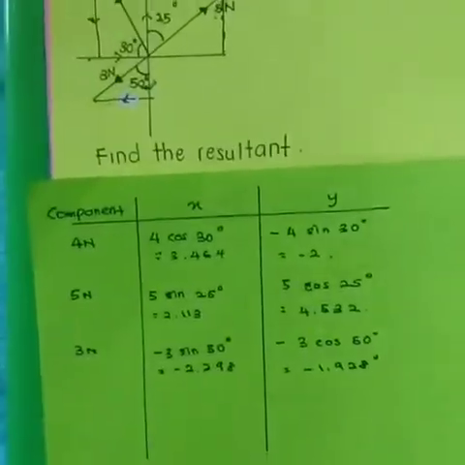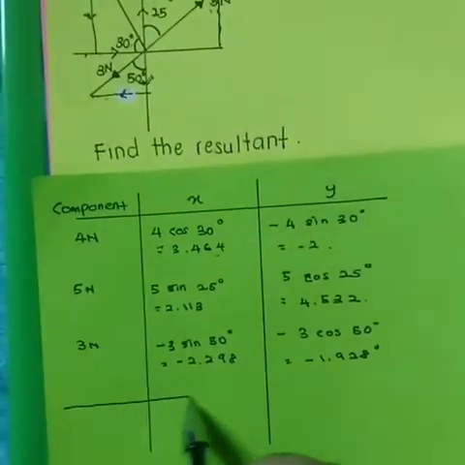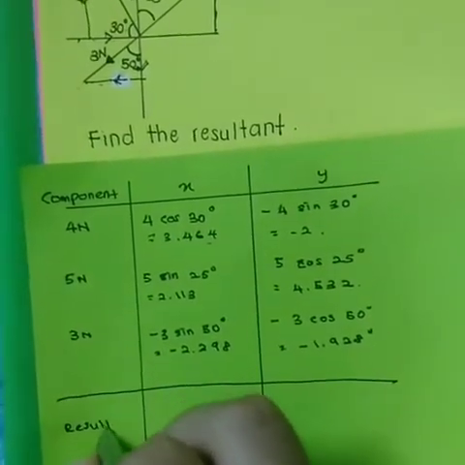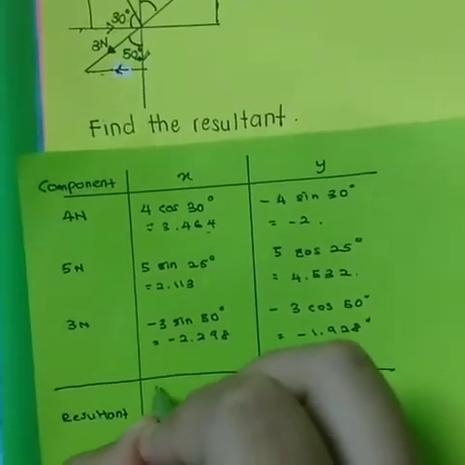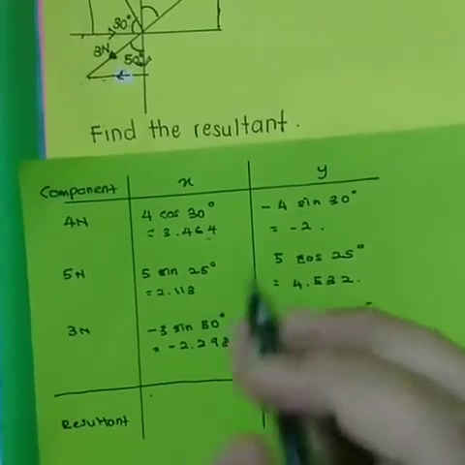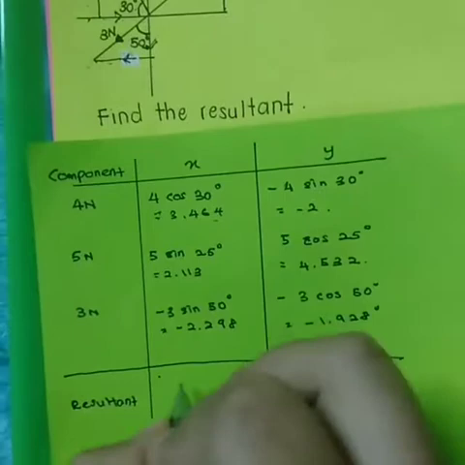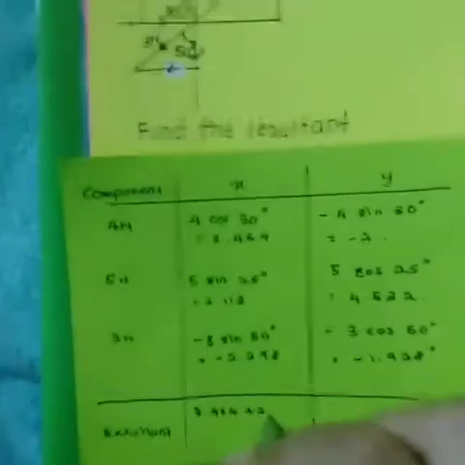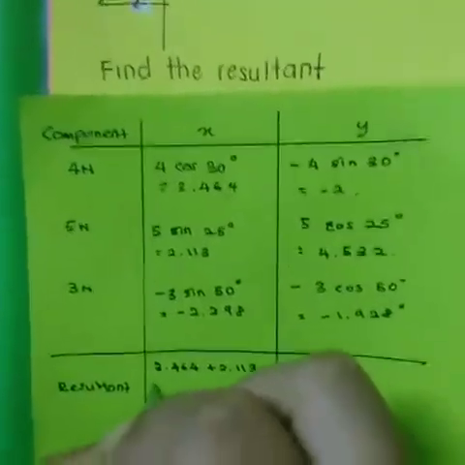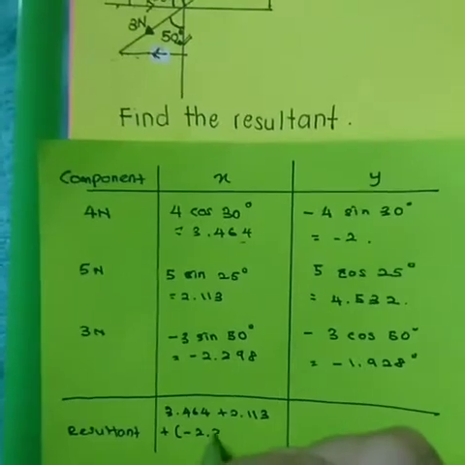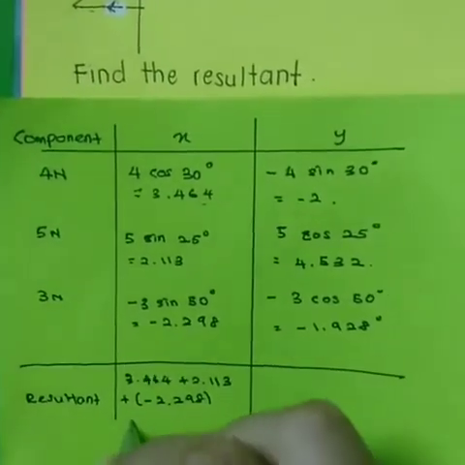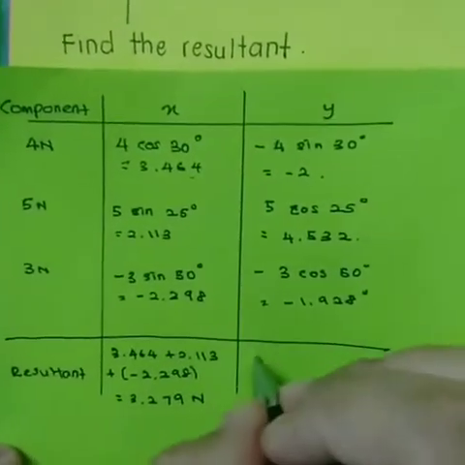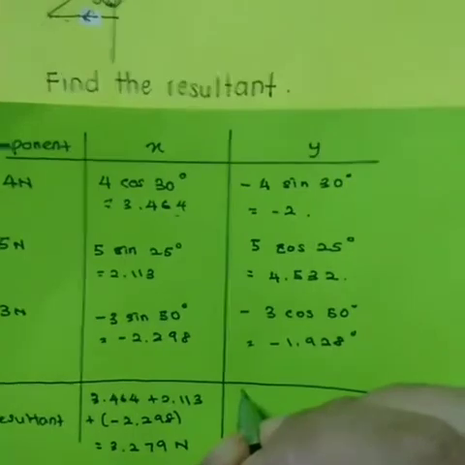So next, we need to find the resultant, which is based on the question. So for the resultant, we need to find the sum of the x components and y components. So first, 3.464 plus 2.113 plus -2.298. So the answer is 3.279 Newton. So for the y-axis, we need to sum